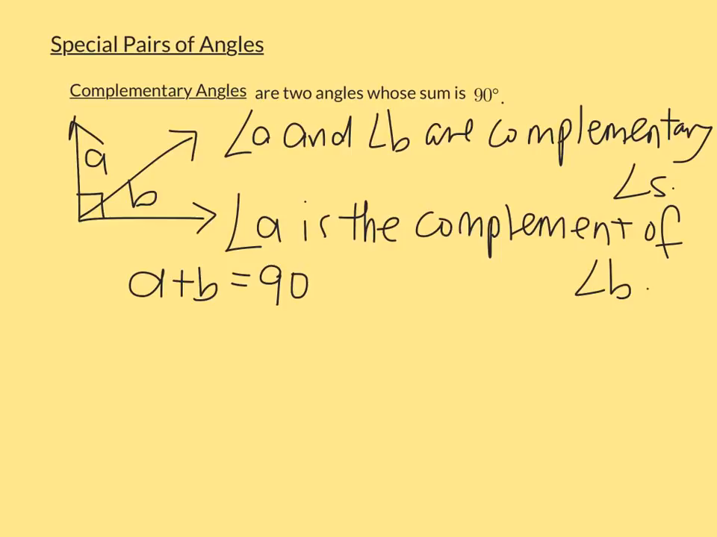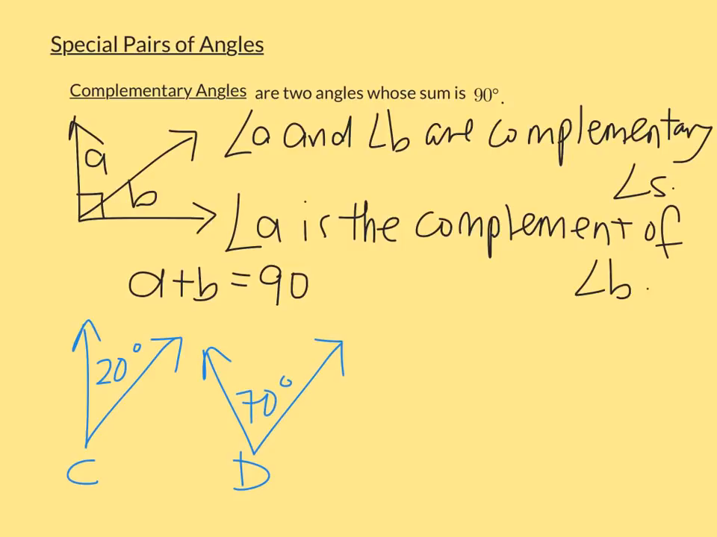Now what happens when the two angles are not adjacent? For example, if I have an angle here, this is 20 degrees. I'm going to call this angle C, and this angle D, which is 70 degrees. Are angle C and angle D complementary angles? Think about it. The answer is yes, because angle C plus angle D gives you 90 degrees. So going back to the definition of complementary angles, any two angles whose sum is 90 degrees will be complementary